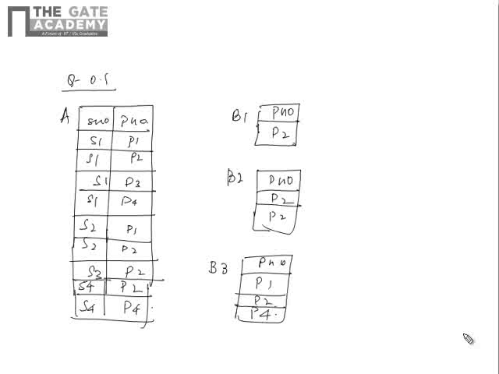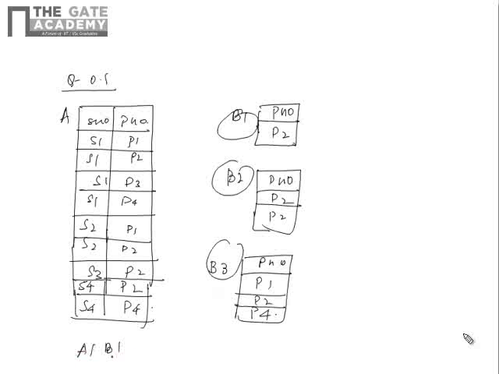This is given in the question, and the question asked is which of the following is present in all of these three, which array is present in all of these three. For that we have to construct a table, that is a by b1, a by b2, a by b3.